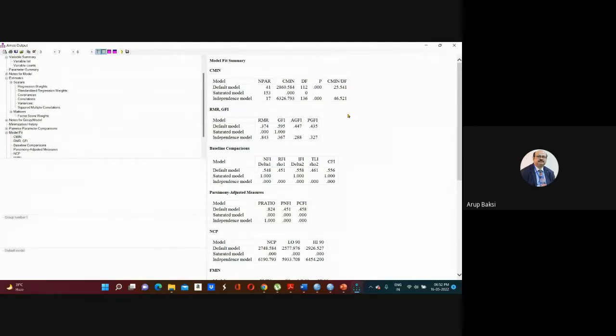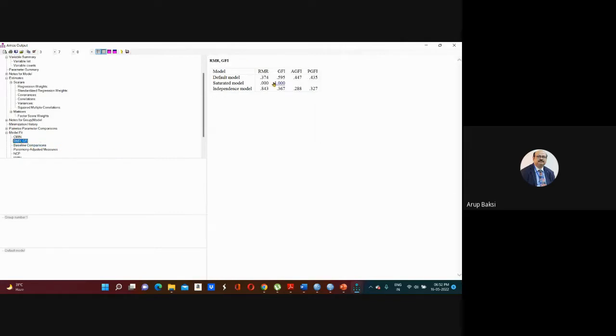Okay, so this is one way to check the robustness of the model, to assess the goodness of fit indices. I told you that along with the goodness of fit indices, there is also badness of fit indices. Okay, so there are two values. One is called the RMSEA and the second one is called the RMR. So let us see the RMR value. RMR value is 0.374. It is way too large. Okay, the acceptable range of RMR value is 0.04. 0.374 is way too large. So the badness of fit indices is also not supporting this particular model to be a very good